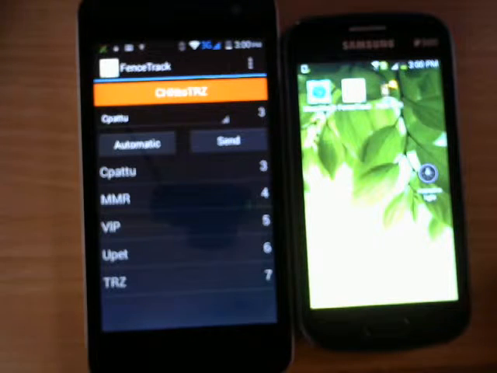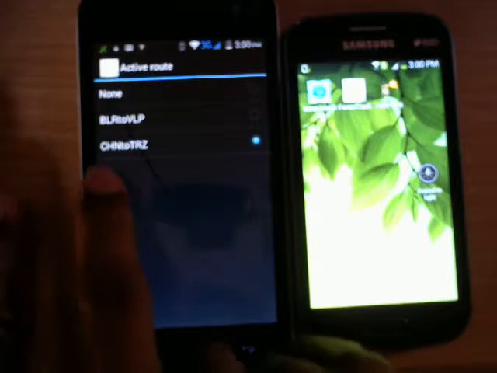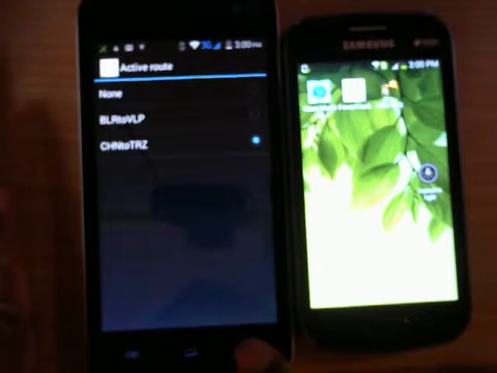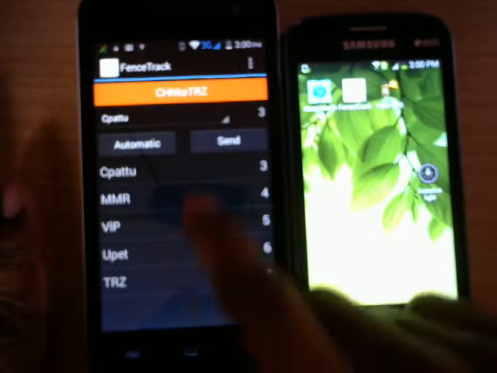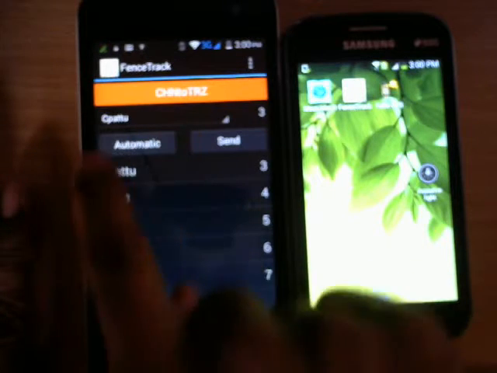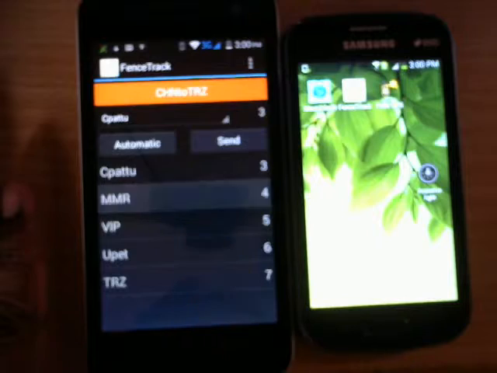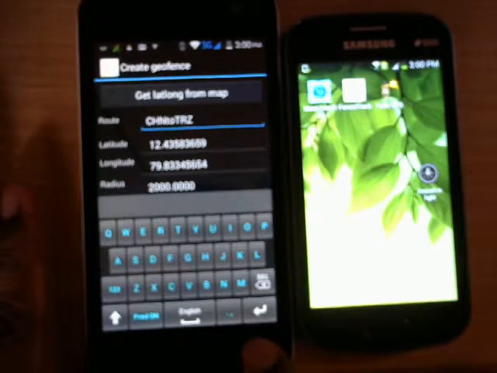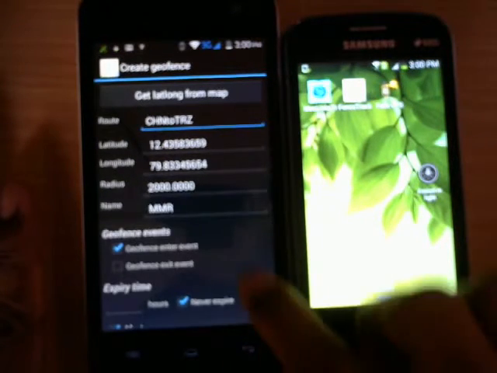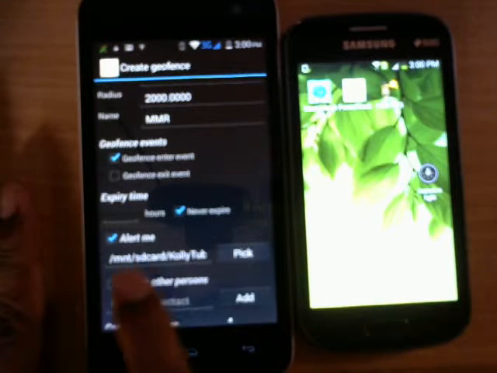Now I will show you how the events are getting triggered. See, I selected the route here. Chennai to Trichy is activated. These are the geofences, and the application is in the automatic mode. And in this geofence in Melmarvattur, when I reach Melmarvattur, I will get an alert for myself.